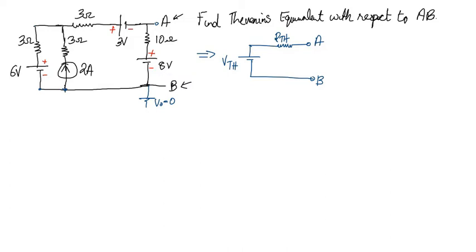Now we can mark other nodes. This node and this node are the same because there is no resistance in between them. So I am taking this as 1 and I am taking this node voltage as V1. The node point between 3 ohm and 3 volt can be taken as second node, that is V2. The node between 10 ohm and 3 volt can be taken as V3. There is one more node here, that is the node between 3 ohm and 6 volt. I take this as V4. Again one more node is there between 10 ohm and 8 volt. I take it as V5.